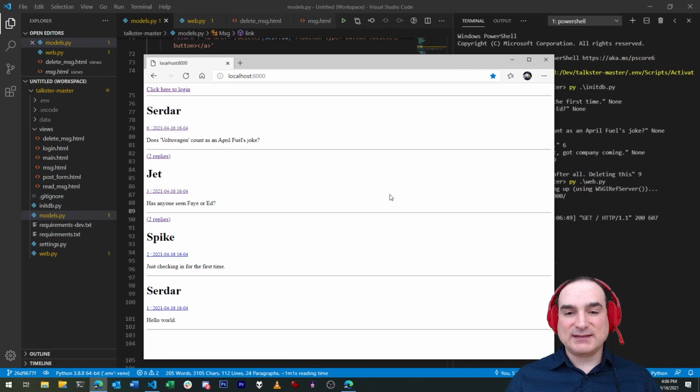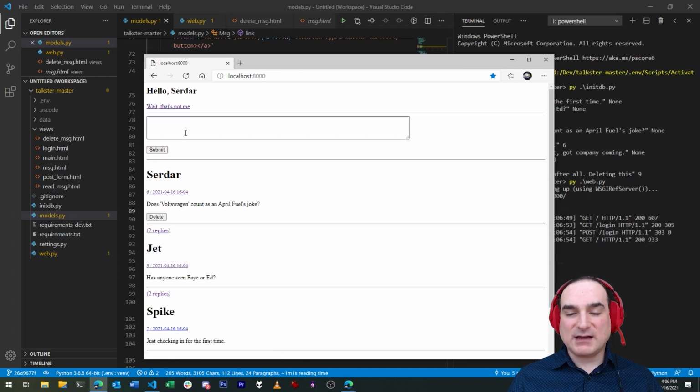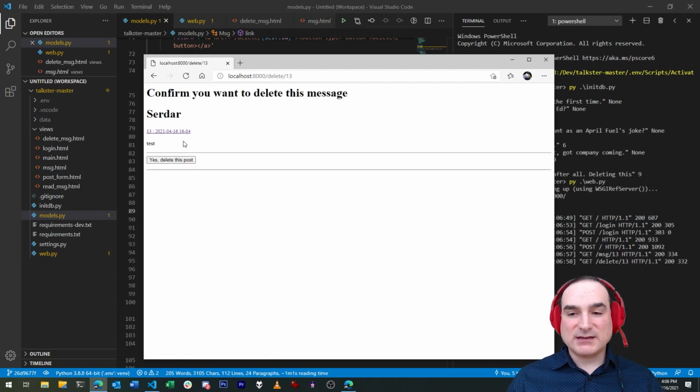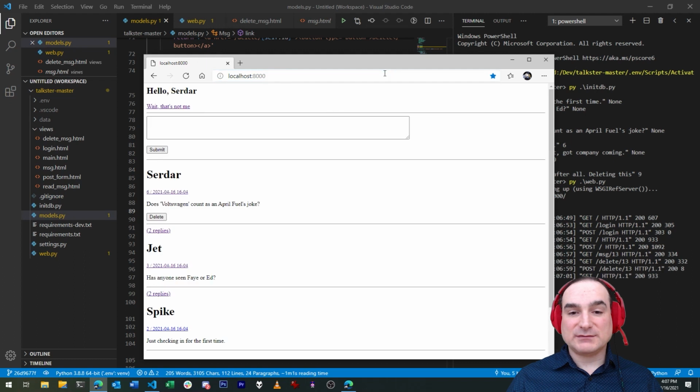Now, when we reset our database and rerun our application, you can see in the main page that it no longer lists the existing deleted post that we pre-registered in the database. And if we log in to create a post of our own, we can delete it, and it will also vanish too. So there you have it. Next time, we'll take a look at the code we've written so far and try to find some further improvements for it. For instance, we can use the decorator pattern in Python to simplify some of the boilerplate that's crept into our code over time.